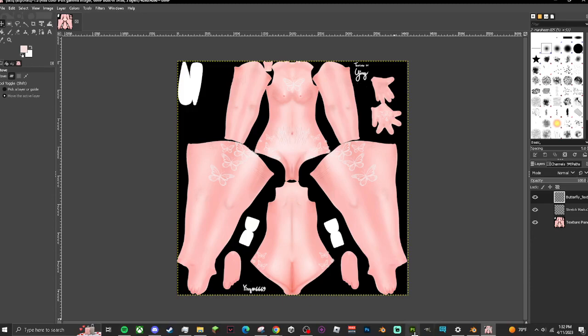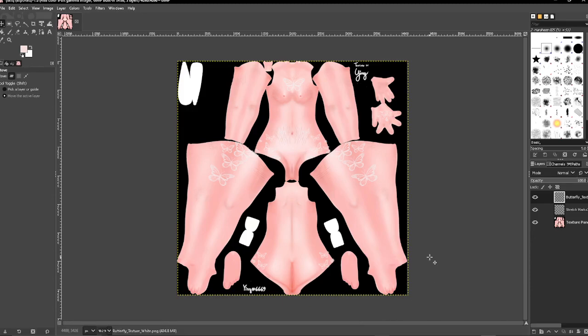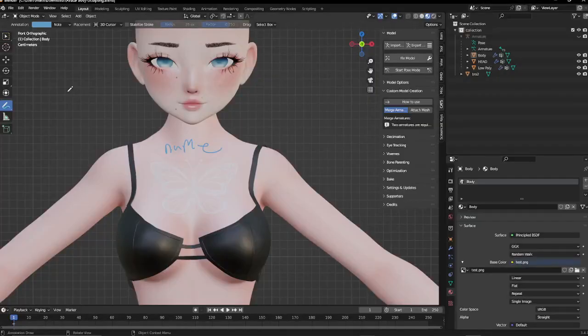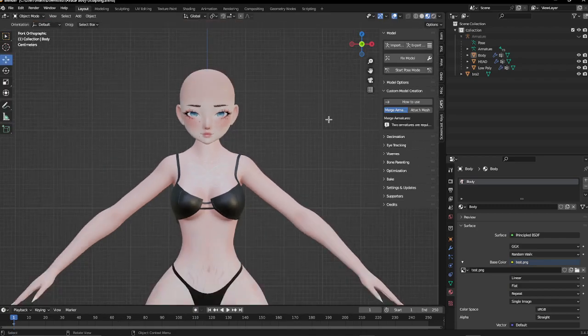I do recommend Photoshop, or you can use any free apps on mobile. Just saying, you can send yourself the base texture,